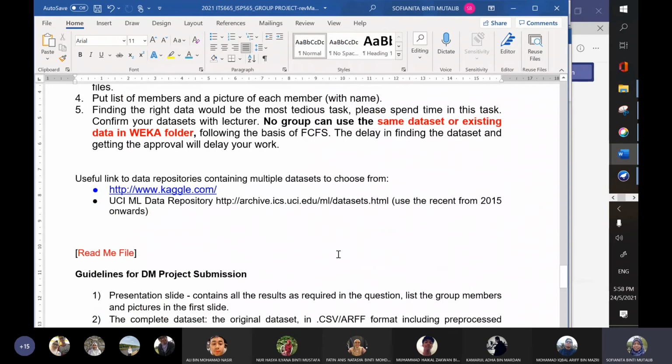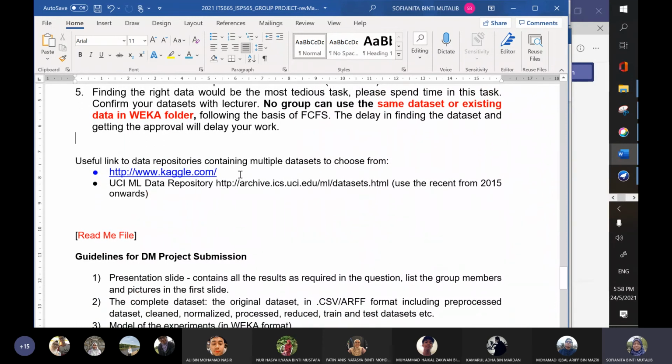You can choose your data, and you can use Kaggle, but I would like to see the reference from Kaggle. Kaggle has so many resources, and so many people have done research on the data sets, and some of the solutions are already there.